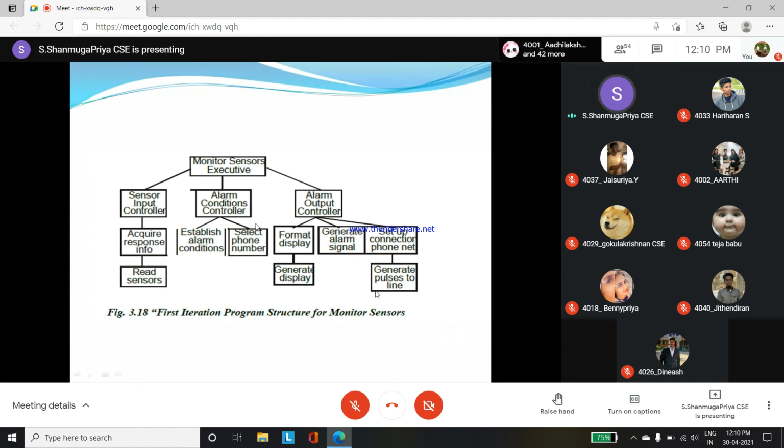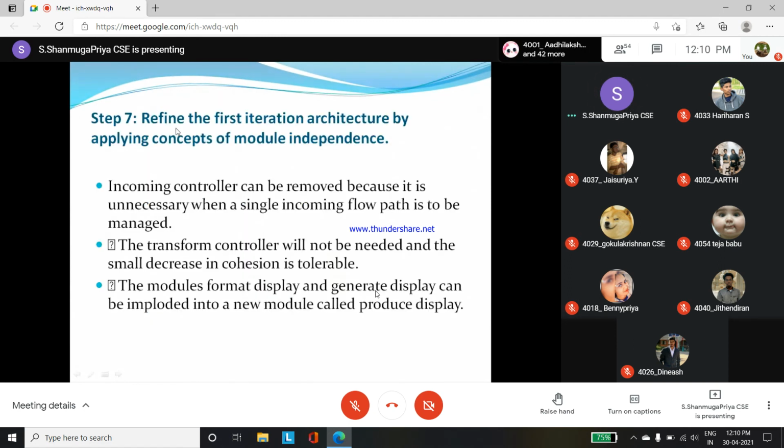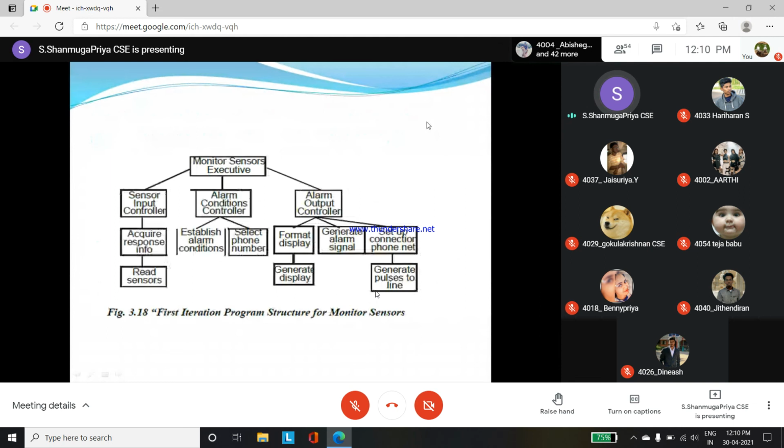The seventh step is we have to redefine the first iteration architecture. Whatever information we are getting from the second level factoring, we are identifying what things we can remove. இதுல இருந்து நம்ம என்ன பண்றோம், எதெல்லாம் remove பண்ணலாம், what things we can combine. That we are identifying in the seventh step.